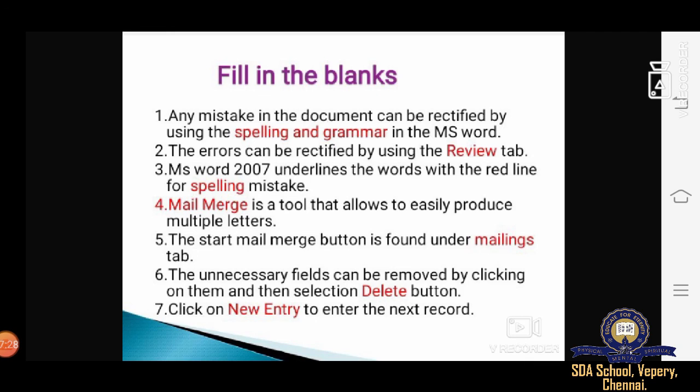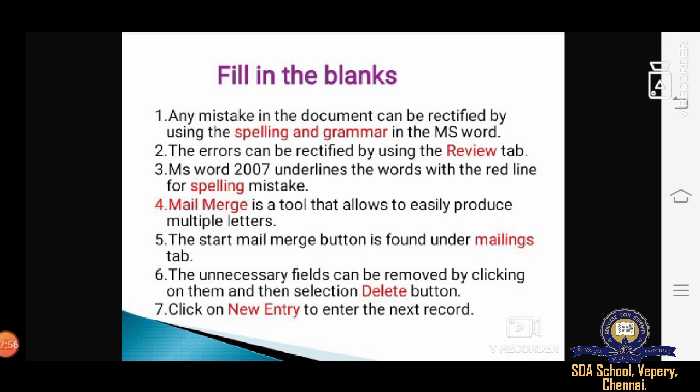To make it easy when you type letters to your friends, you need to use mail merge. So this will help you send letters to your friends in an easy form. The start mail merge button is found under the mailings tab.